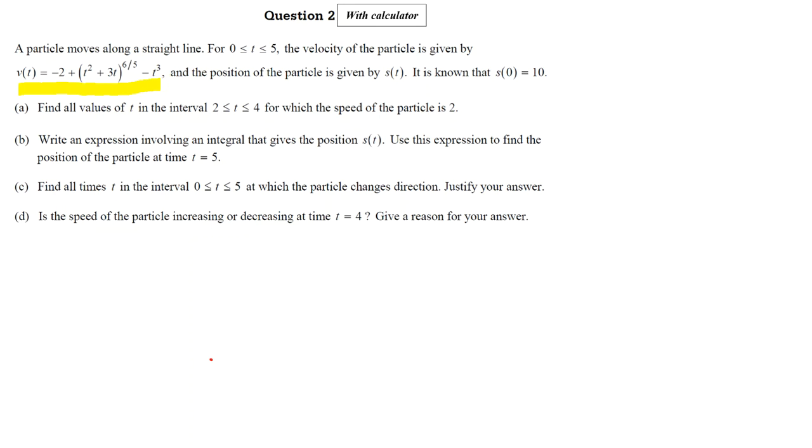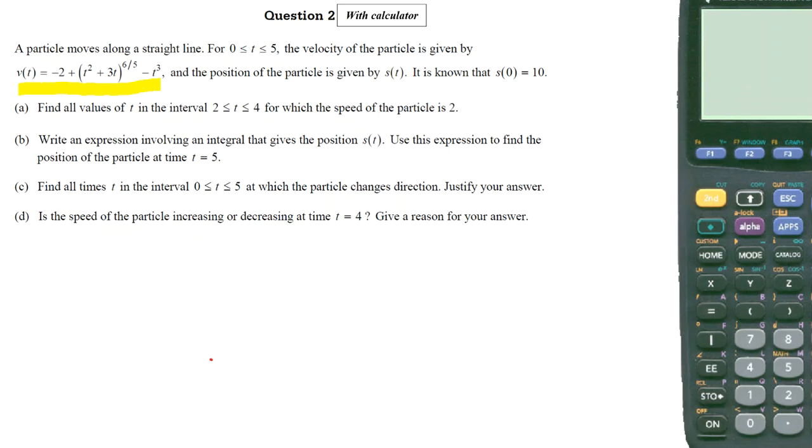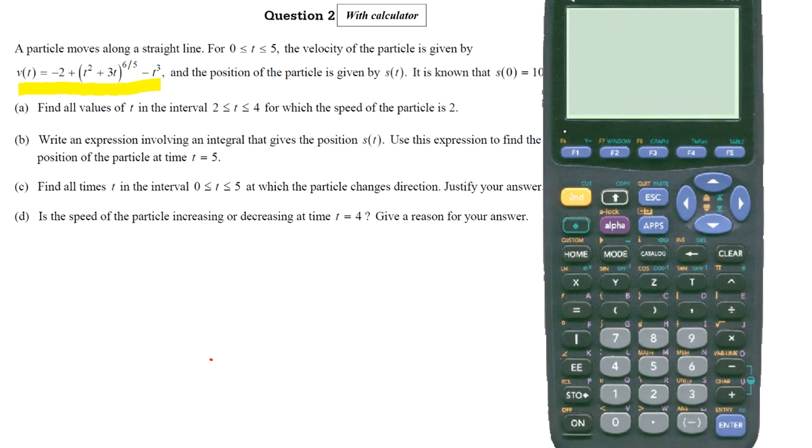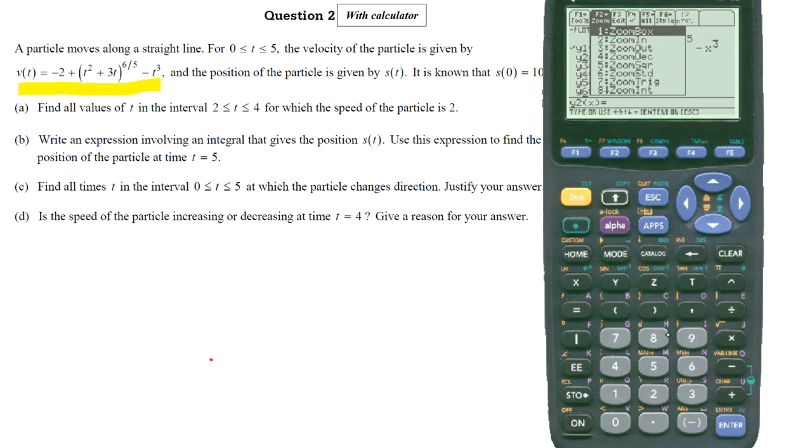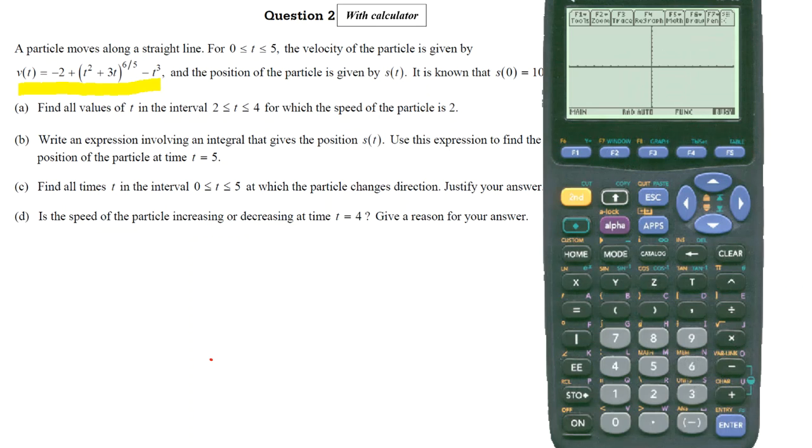So we're going to put that in our calculator. And you can right away restrict your window to 0 to 5. So let's take a look at what this function looks like. Let's get our calculator visible here. So I've already put the function into the Y editor, and if I did zoom standard, ZOOM 6, to get a